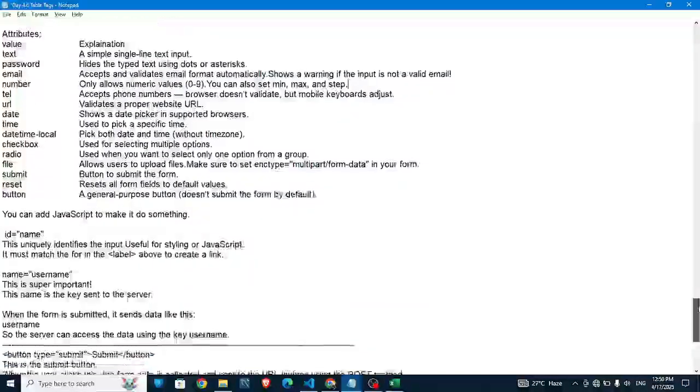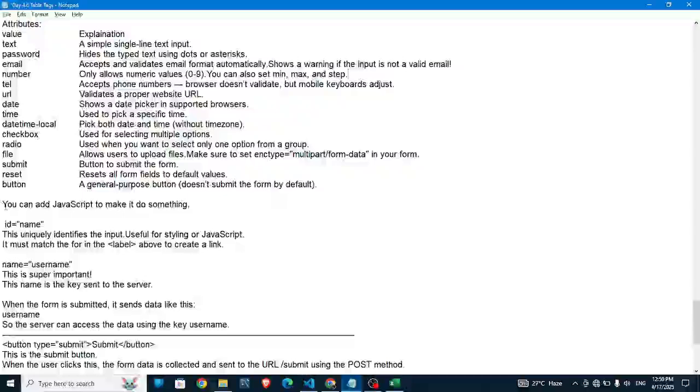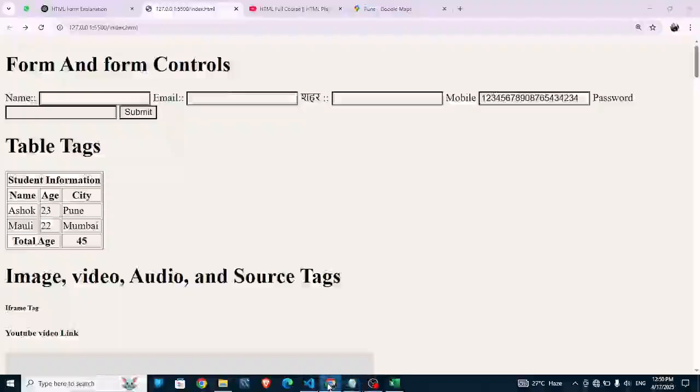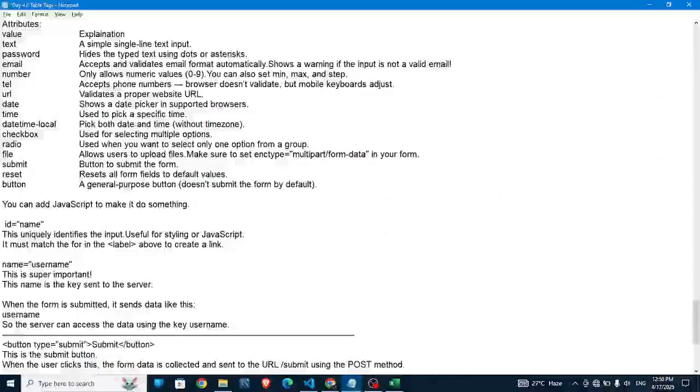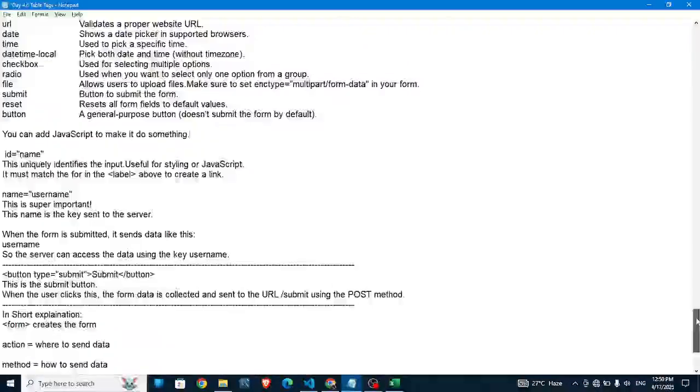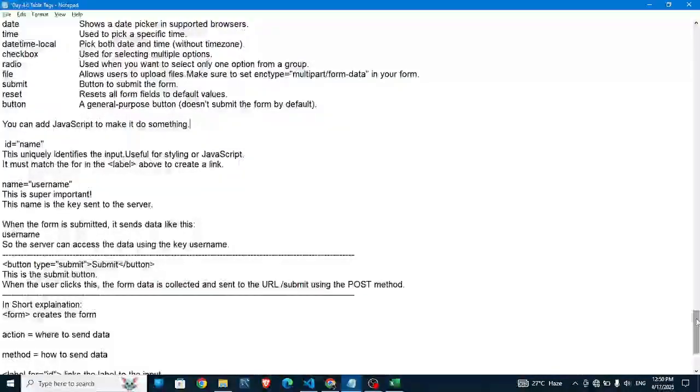ओके, ये डेट, ये बहुत सारे एट्रीब्यूट हैं, ये सेम वर्क करते हैं। ओके, यू कैन ऐड जावास्क्रिप्ट टू मेक डू समथिंग। ओके, यहाँ पर क्या करते हैं, जब भी ये डेटा सबमिट करना हो, यहाँ पर जावास्क्रिप्ट ऐड की जाती है हमारे प्रोजेक्ट में। ओके, वी विल सी इट इन नेक्स्ट। ओके, ये हम आगे देखने वाले हैं प्रोजेक्ट के वक्त कैसे ऐड करना है।